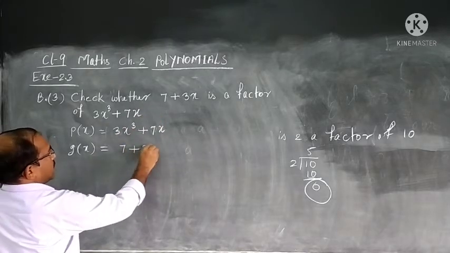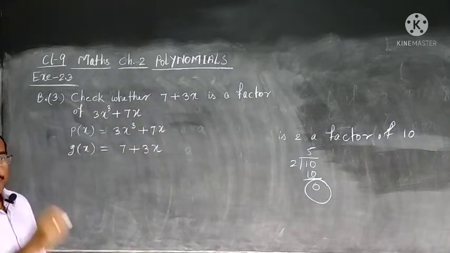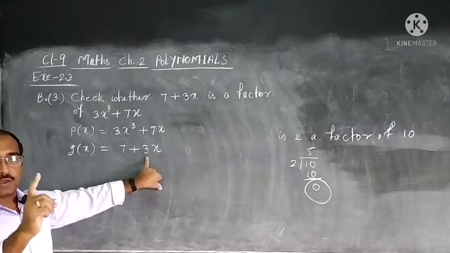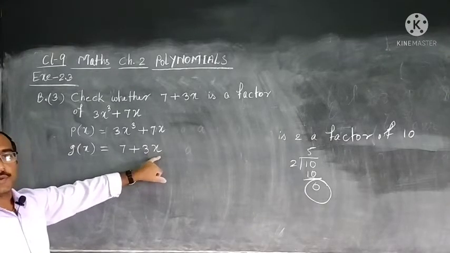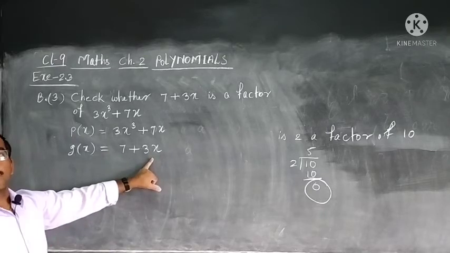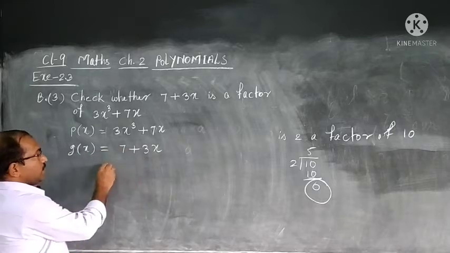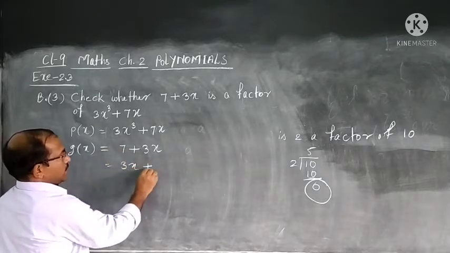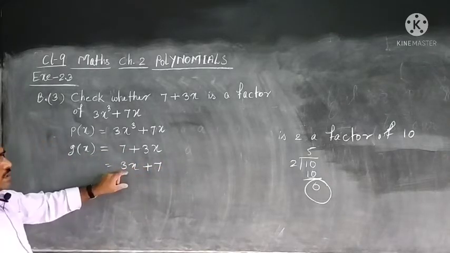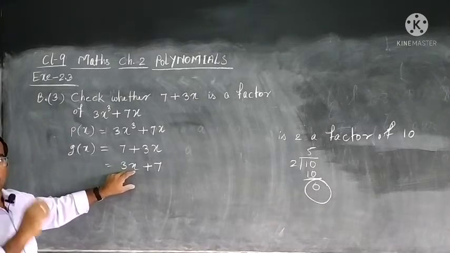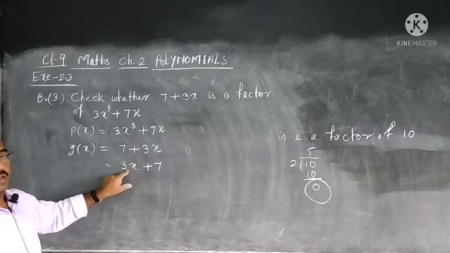7 plus 3x. And in the last question I was telling you that the variable should not have any other coefficient, it should be only 1. But here we find this variable has a coefficient other than 1. What is the coefficient here? 3. Anyway, let us arrange it first. 3x plus 7. Now, we have to think what we shall do, so that this variable will have coefficient 1. So, 3, what to do?